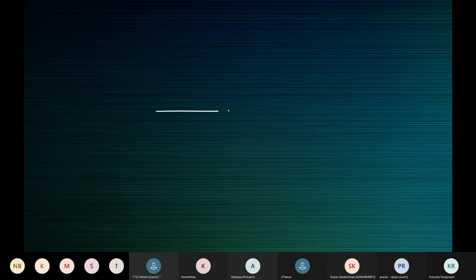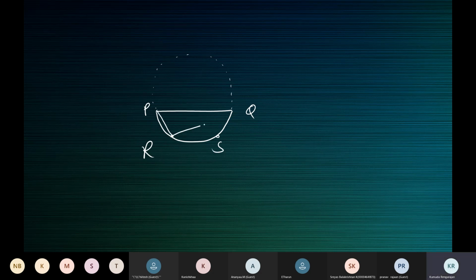See it? Minor segment. This is the major segment. This is the minor segment. Take two points, let's call them P and Q. Take two points, R and S. Join P, R, Q and P, S, Q. Now this angle PRQ is equal to this angle PSQ because they are the two angles in the same segment